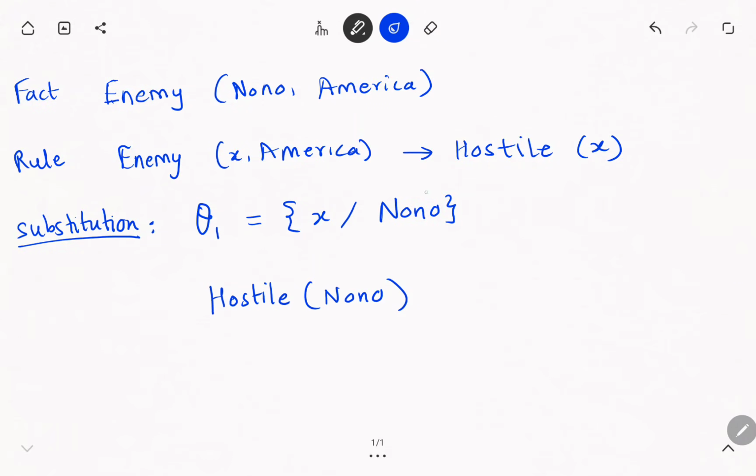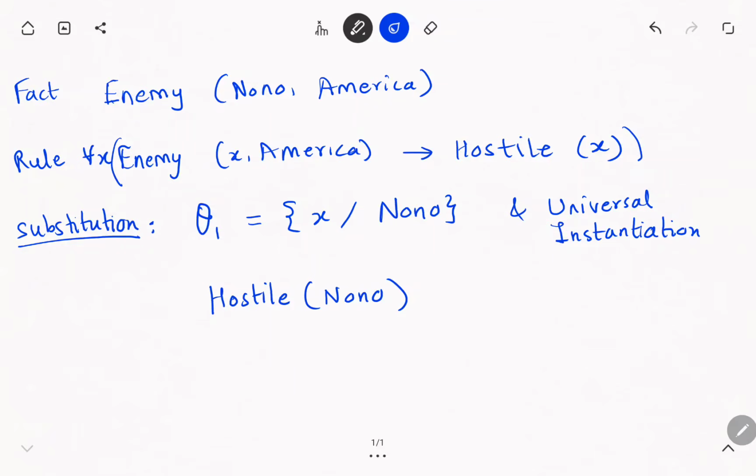When you substitute nono over here, basically there are a few things that I am applying directly. This can also be called a substitution, and it is also universal instantiation. What do we mean by this instantiation? In the rules, the rule was for all x enemy x comma America implies hostile x. It is true for all x. So I am using a particular instance of x, a particular substitution of x, that is x is equal to